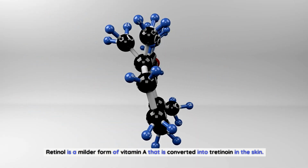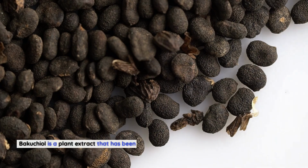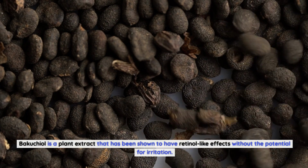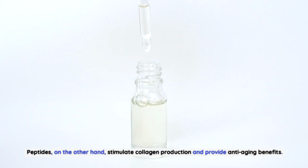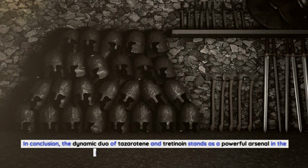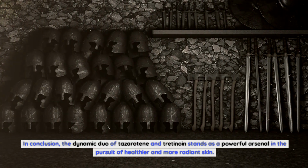Retinol is a milder form of vitamin A that is converted into tretinoin in the skin. Bakuchiol is a plant extract that has been shown to have retinol-like effects without the potential for irritation. Peptides, on the other hand, stimulate collagen production and provide anti-aging benefits. Conclusion. In conclusion, the dynamic duo of Tazarotene and Tretinoin stands as a powerful arsenal in the pursuit of healthier